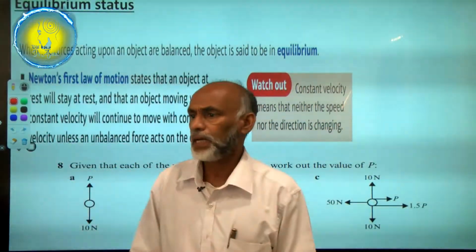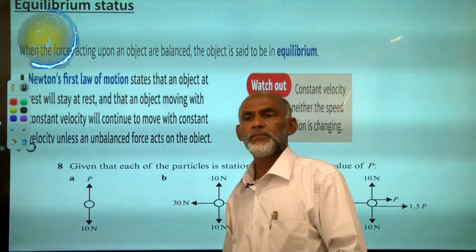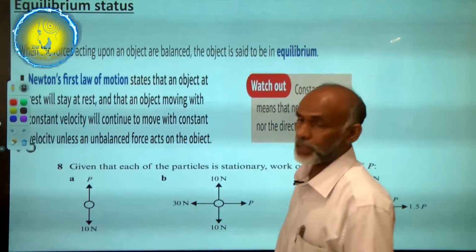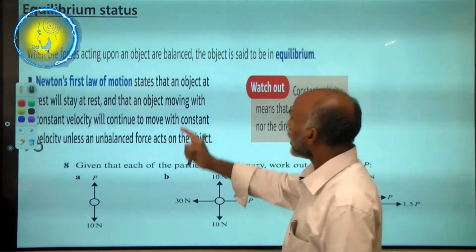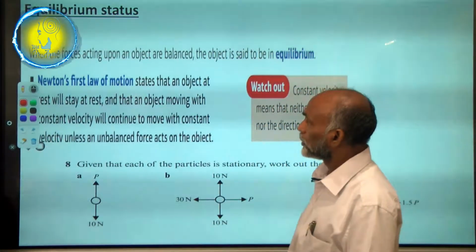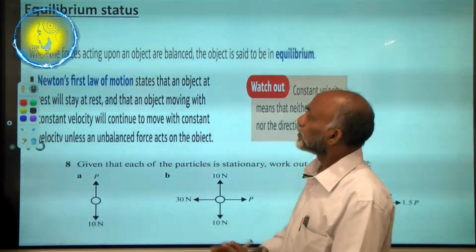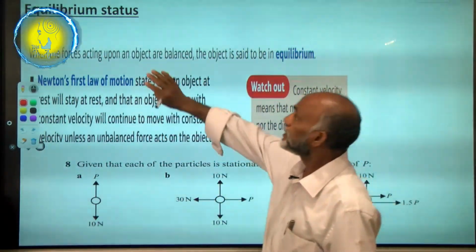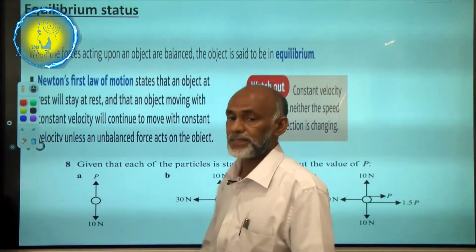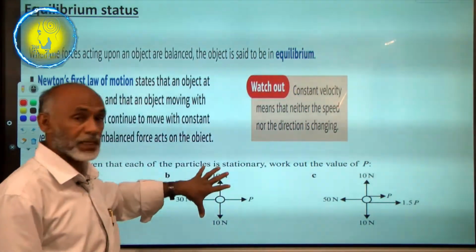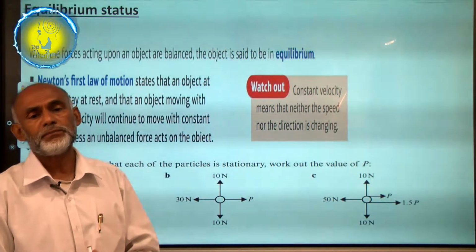Let me now explain about what is this equilibrium status. All this time I was talking about Newton's second law of motion. Now I wanted to specify something about Newton's first law of motion. In the first law of motion, Newton always says it is in equilibrium status. Equilibrium status in the sense that although the particle is affected with many forces, it is not in motion.